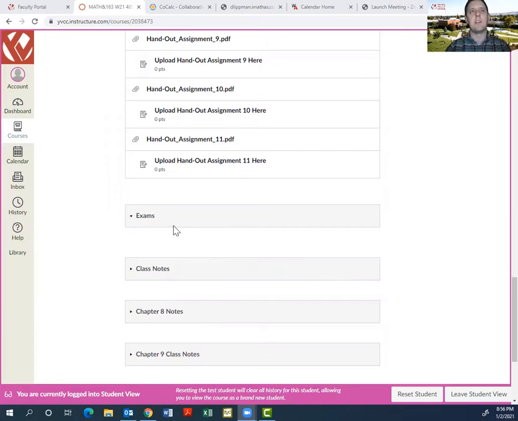So I'm not going to go into any detail, but just know we are going to take tests kind of like you would in a normal face-to-face math class. There'll be a test on here, and you're going to be writing down all your work, and then you're going to take pictures of your work and upload those, kind of like with the handout assignments. So just know that information on that is forthcoming, but I don't want to muddle it up right now because you've got enough to think about just getting started in the class.